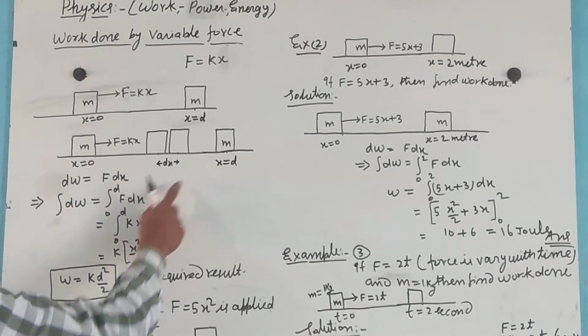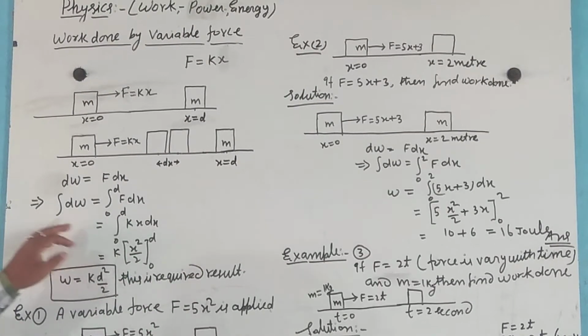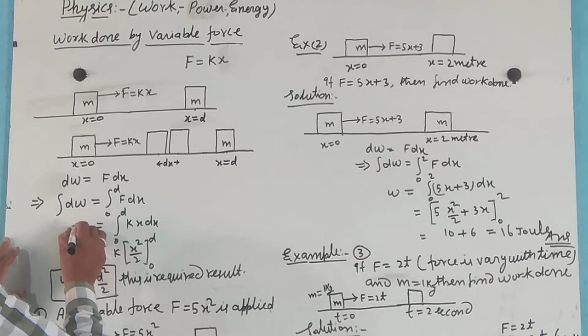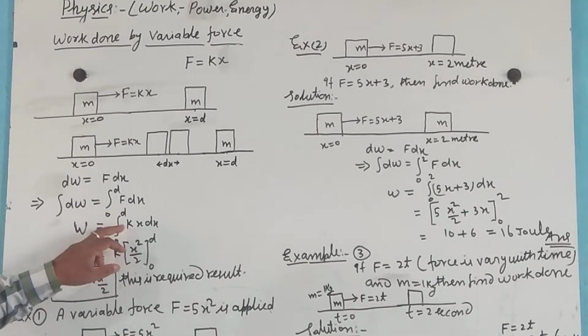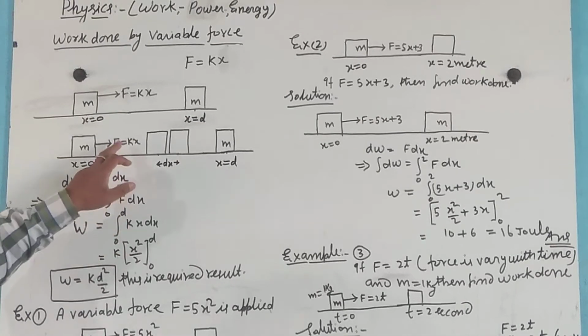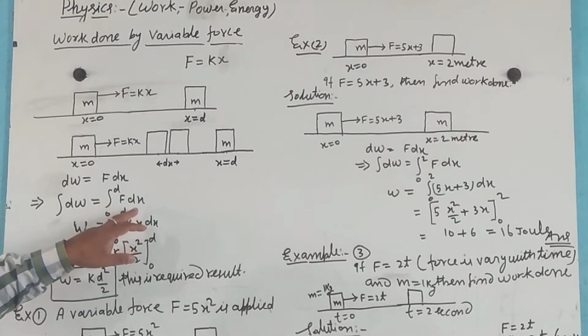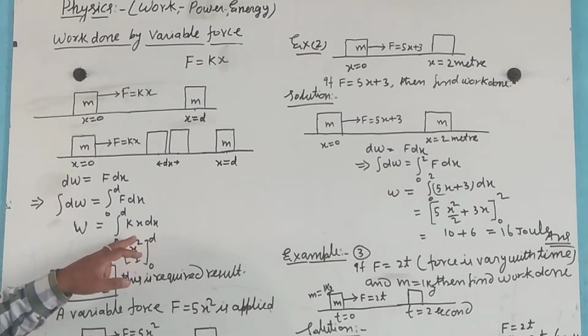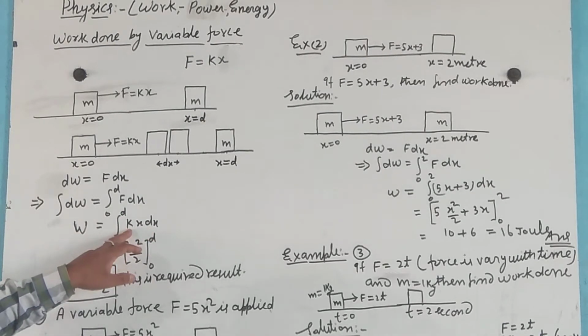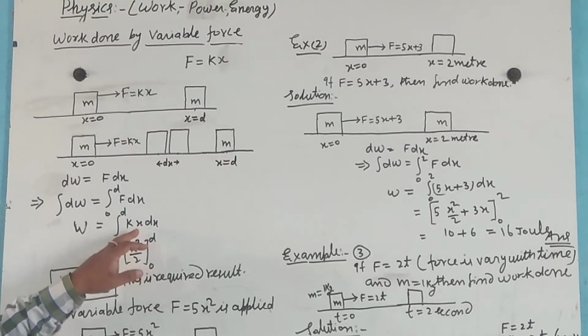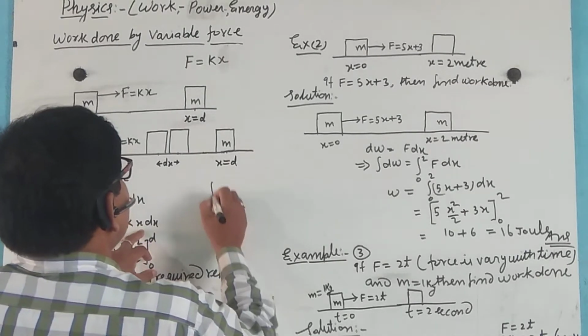We have to calculate the total work done, W equal to the integral from 0 to d, and F is equal to kx here, putting F equal to kx dx. Now k is a constant and comes outside,